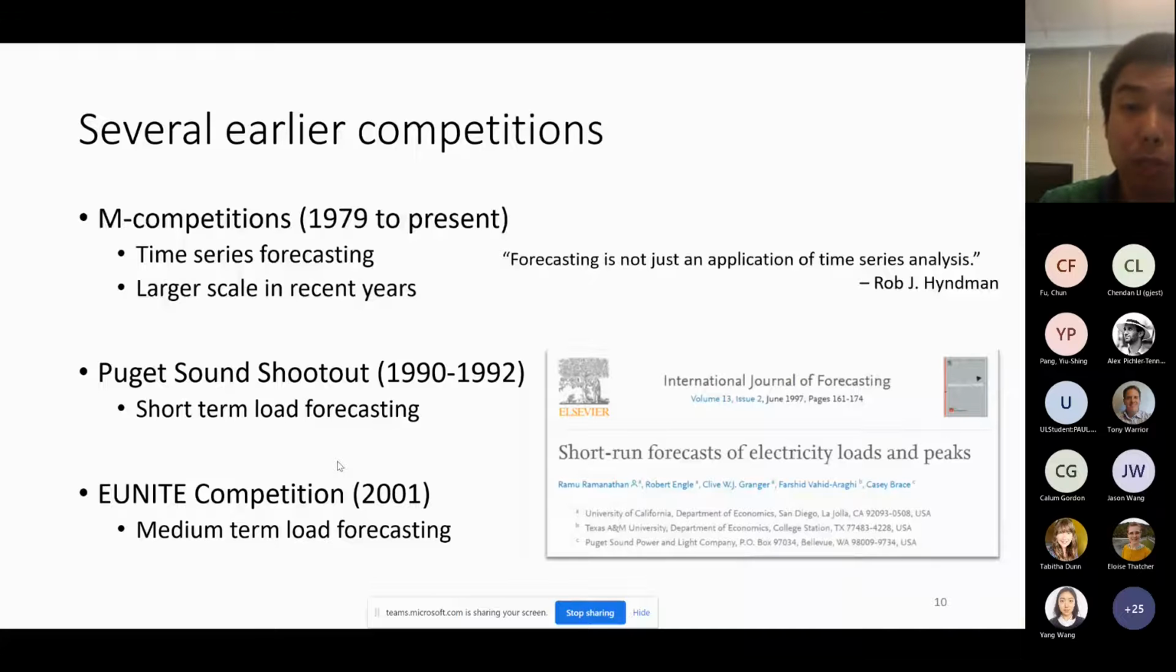One of them, actually the best performing model, the team later wrote a paper, short-run forecasts of electricity load and peaks. The paper was published in 1997, about 5 years after the shootout. The nice thing about that competition is that it incubated a commercial software later on, called PRT, pattern recognition technologies. The professor who performed very well there was a professor at SMU, South